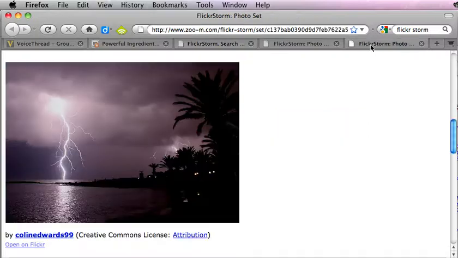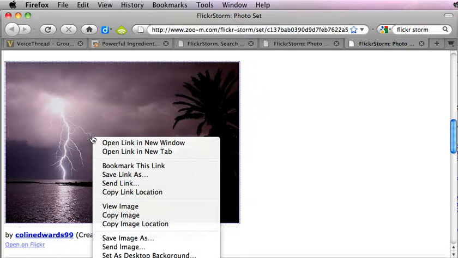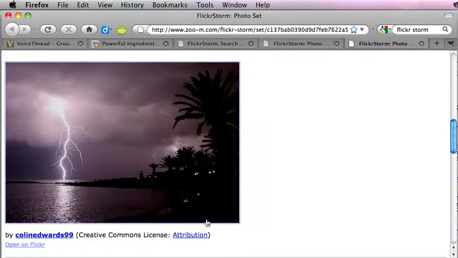After you've found your images, you can either click on them to see the large version or simply save that version by right-clicking or control-clicking, and you can choose Save Image As to save that to your desktop for your